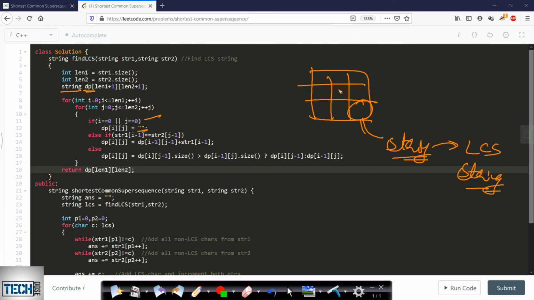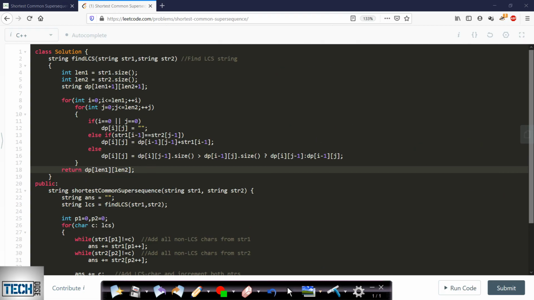Otherwise, if you see a common character, let's say there was A in both, then we add this current character A to the diagonal element. This I have already explained in LCS. Otherwise, if the characters were different, we take the maximum of top and left. So this is the concept of LCS. I have just converted it to use strings in order to find the LCS string. At the end I return the last string, which indicates, for string S1 and string S2, the longest common subsequence string. That is stored in this last cell, and we return it. So that is how we calculate LCS.